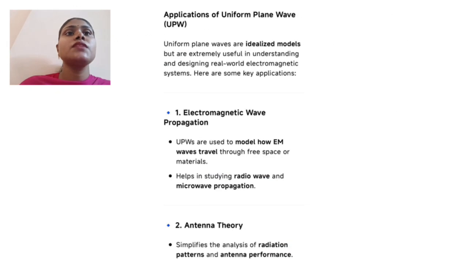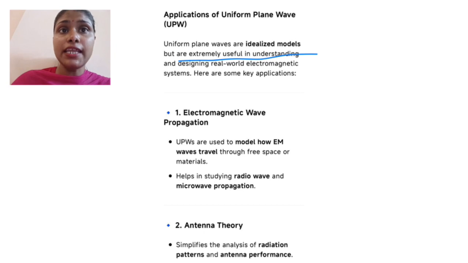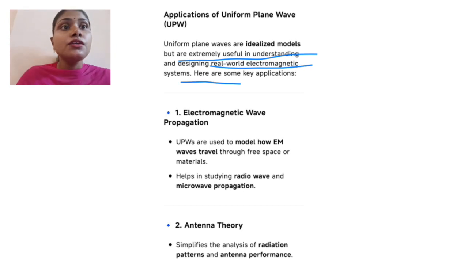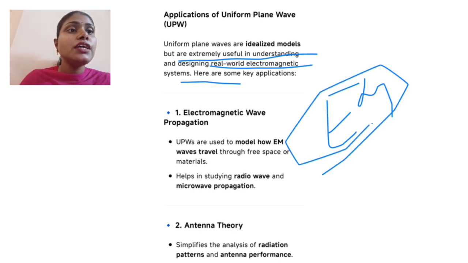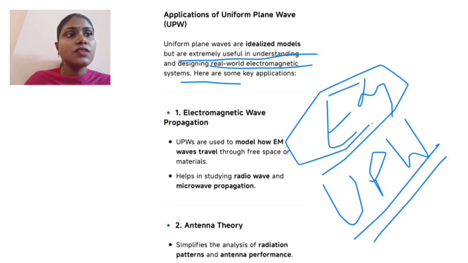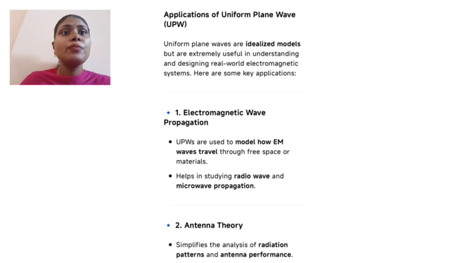So here are some applications of uniform plane wave. Uniform plane waves are idealized models but are extremely useful in understanding and designing real-world electromagnetic systems, which means systems which are based on EM waves. For them, UPW, which means uniform plane wave, is very effective. Here are some applications. Electromagnetic wave propagation: UPW are used to model how EM waves travel through free space or materials. It helps in studying radio waves